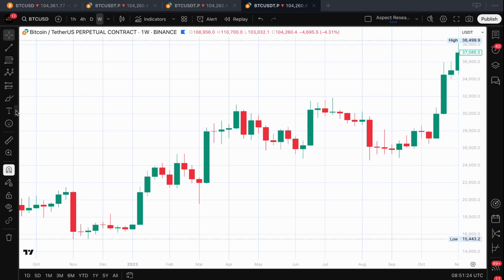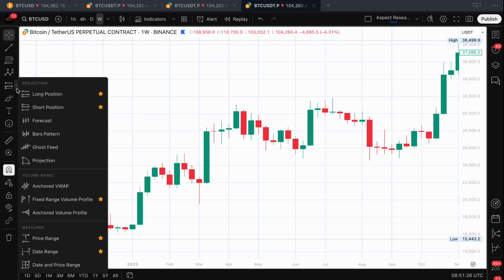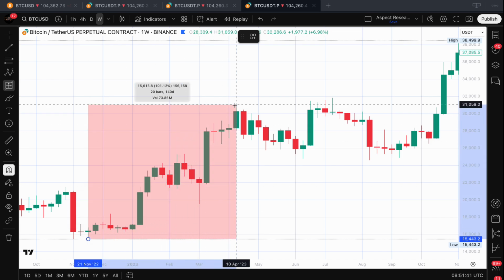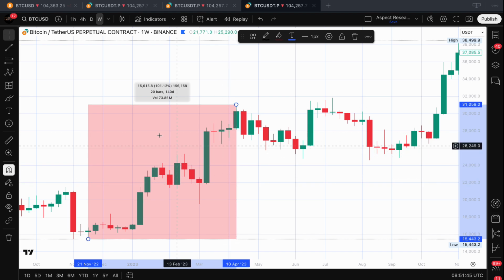Now let's go over to the measuring tool and pull the date and the price range from November 15th to the wave 1 top, which was in April of 2023, and we can see the price appreciation and the time elapsed. What we need to do now is divide the price by the time. So